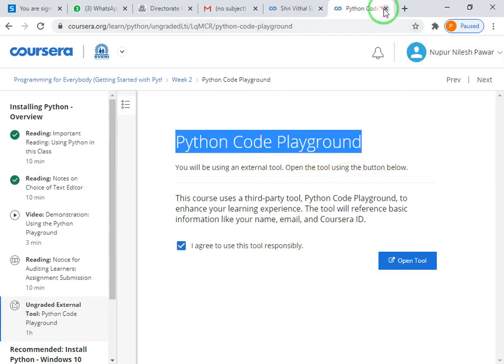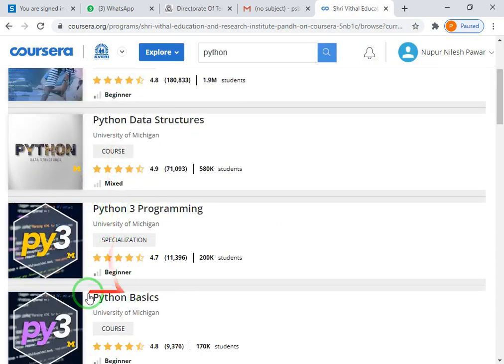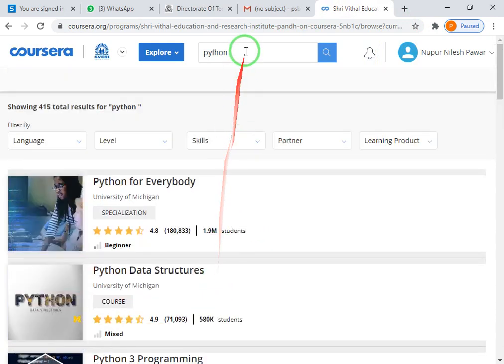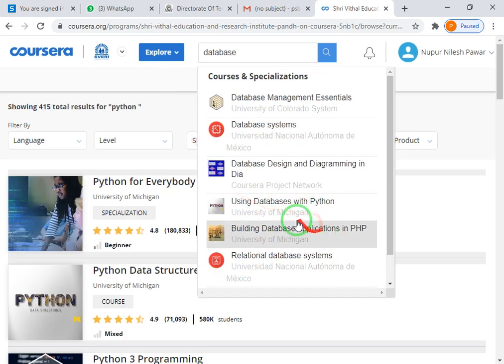So this is your first course, that is Python. If you want to register for another course, click here, go for another course like database management or database system, right?